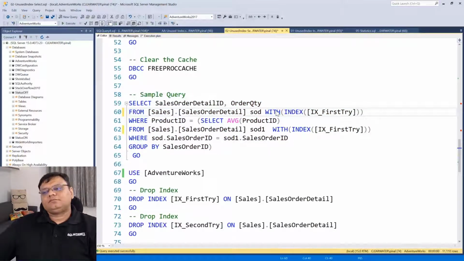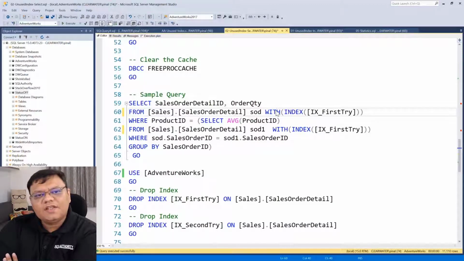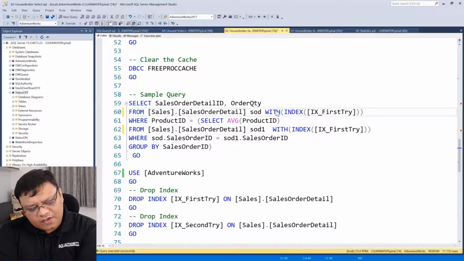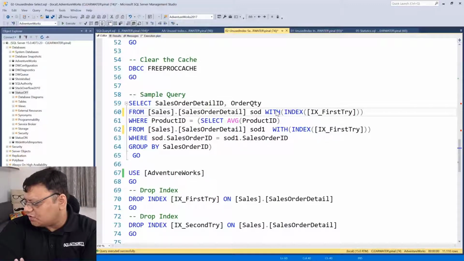Now, here I'm going to stop and ask you why. Why do you guys think that is happening? Why is a query like this negatively impacted by an index like this, even though the index is not being used? What do you guys think about it? I will give you 5 to 10 seconds to go and update your answers. I'm very curious what you guys think.